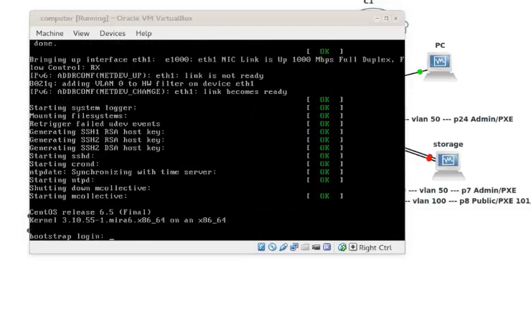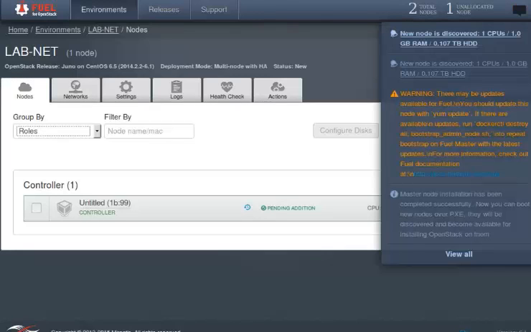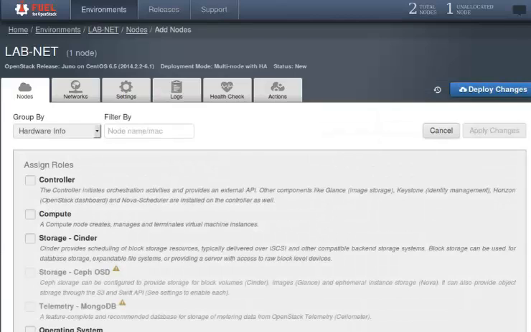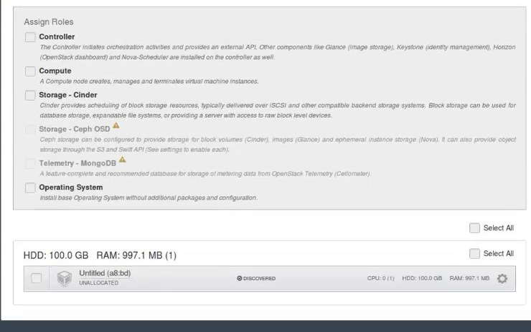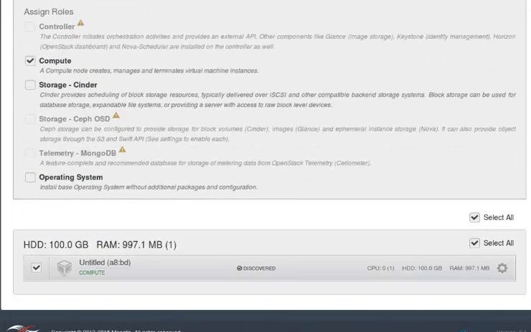Alright, now let's go back to PC2, which is our client that we're using to monitor this particular environment and to do the configuration as well. So now we see here there is an alarm. Let's just go and check it out. Now we see there is also a new node there that has been discovered. That's cool. So if you go to add new node here, and scroll down, I see I have got that particular node. Okay, so this node I want it to be my compute node. Alright, so this is my compute node. I will check that and then hit